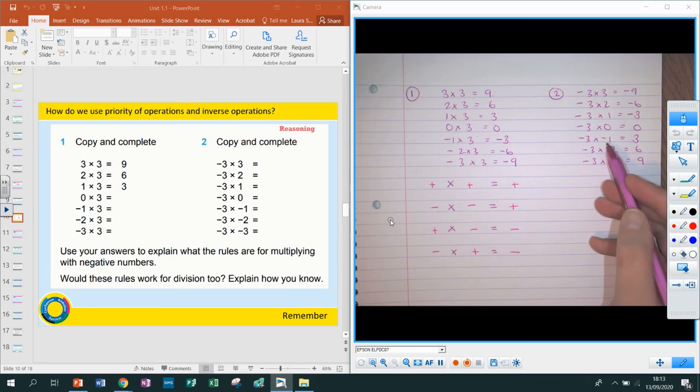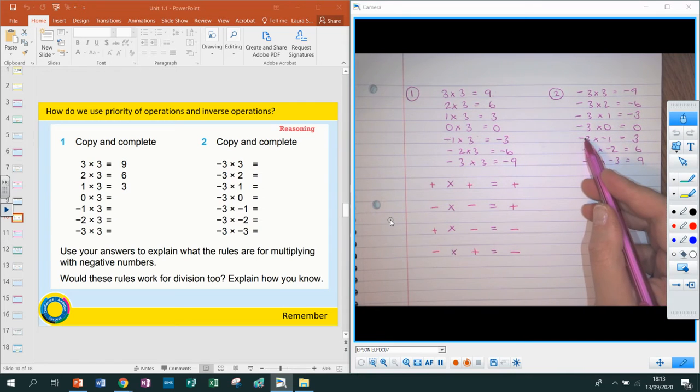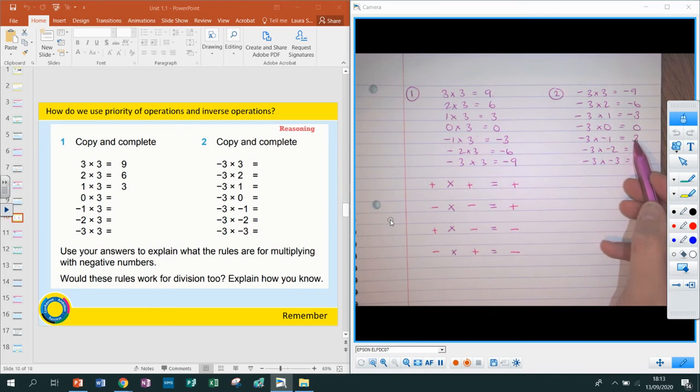And finally, if we looked at 3 is equal to the negative 3 times the negative 1, then that must mean if I take 3 and divide it by the negative 1, I will get negative 3. So a positive divided by a negative gives us a negative as well. All right, so it looks to me like they match if we were to do division,